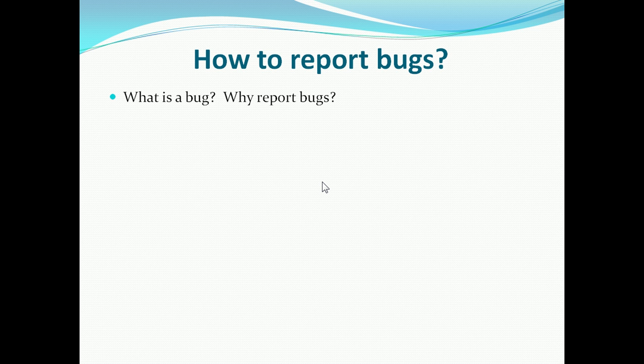A bug is a condition where your expectation and what the system is doing, or how the system is behaving, do not match. So basically a bug is a problem with the system. Why report bugs? Well, most systems are complex, and you have to give a number of information to the developer in order for them to understand what exactly the problem is, so that they are able to replicate the problem, understand it, come up with a solution and apply that solution on the system.